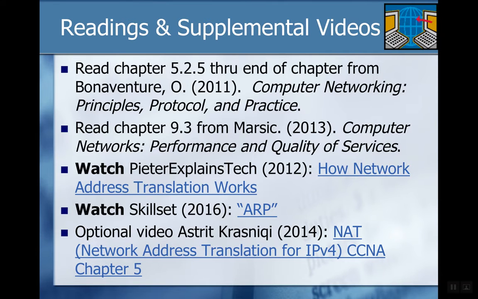Book matching, a couple of things we've got here. Chapter 5 in Computer Networking, and then chapter 9.3 in Computer Networks: Performance and Quality of Services. A couple of videos you might want to take a look at: how network address translation works,